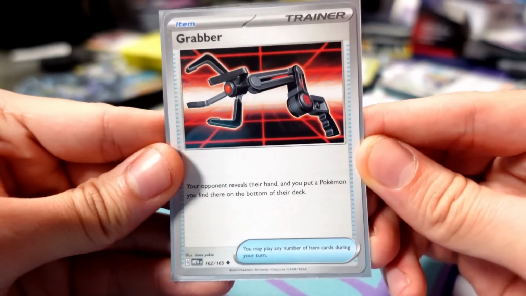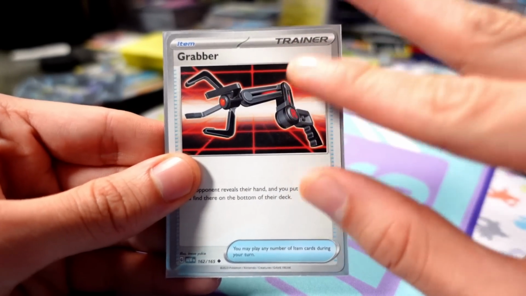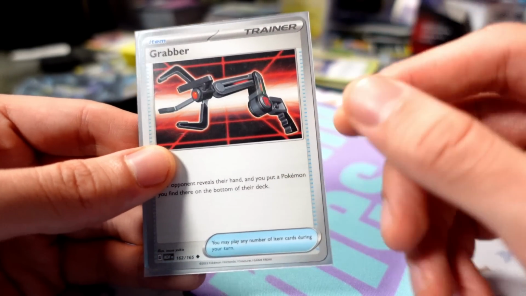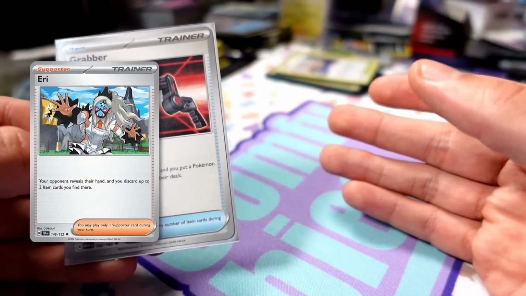So Grabber good, but I understand if you don't want to have a Grabber in your deck. This is a tech inclusion, a personal choice, and I've had a lot of great value from Grabber. Now another card that is not included in my deck that does get to give you hand knowledge, which is quite strong, is Eerie. Eerie is a supporter card that I don't have in the deck for this build, but